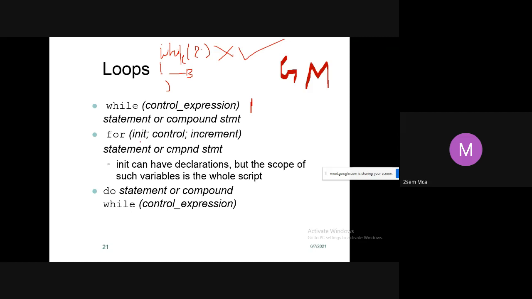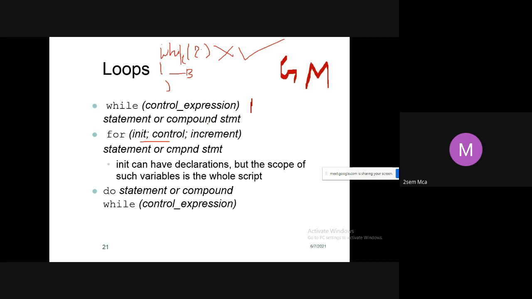Next we have the for loop. The syntax of a for loop is initialization, condition, increment or decrement.